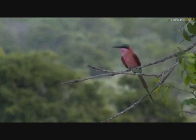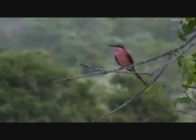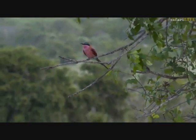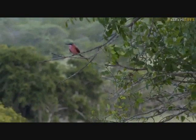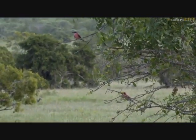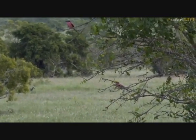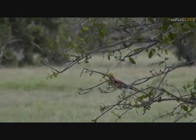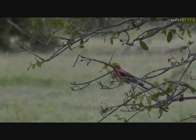Have a look at that. I think Taylor saw them the other day too. The carmine bee-eaters. There was another one on the branch below there. You can just see them. A lot of thunder at the moment. I think it's all threatening. I don't think it's really going to rain though. And that's possibly why